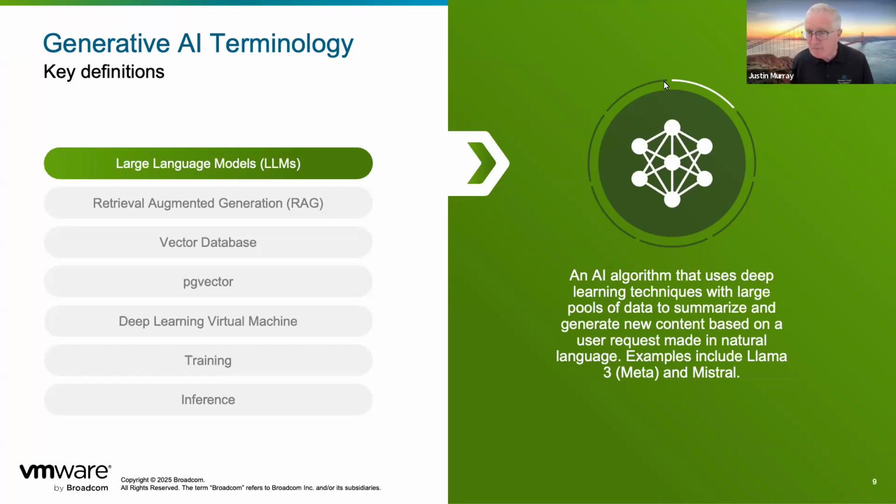So essentially, a large language model is a set of AI algorithms that uses deep learning techniques. Those techniques are called neural networks on large pools of data. Having been trained on that large pool of data, perhaps it's everything on the internet even, the large language model can now stand alone and generate new language, as you've seen with ChatGPT, new terminology provided with a question. And we're going to see that in action.